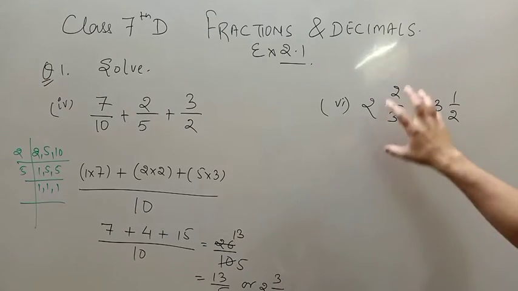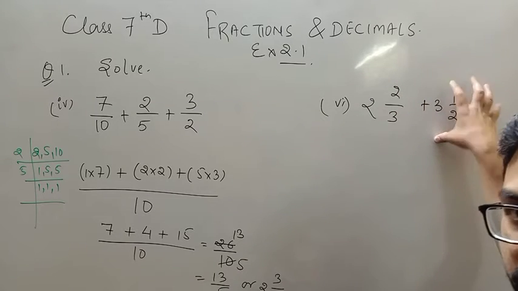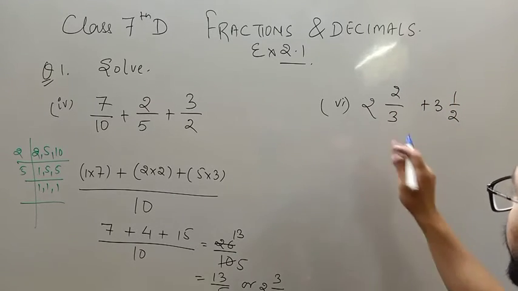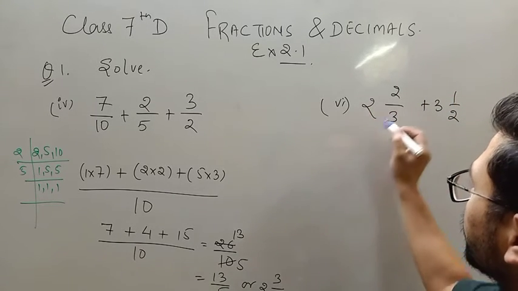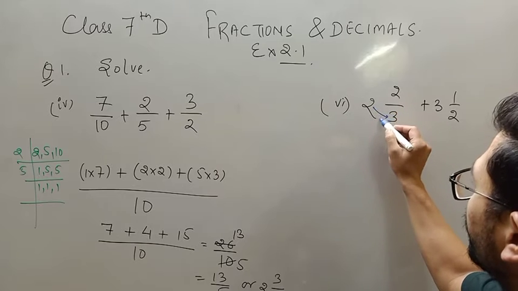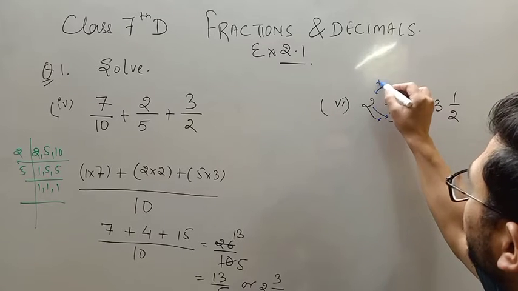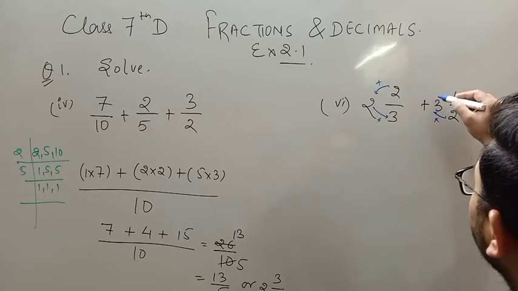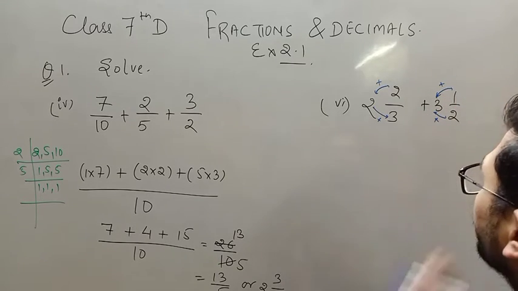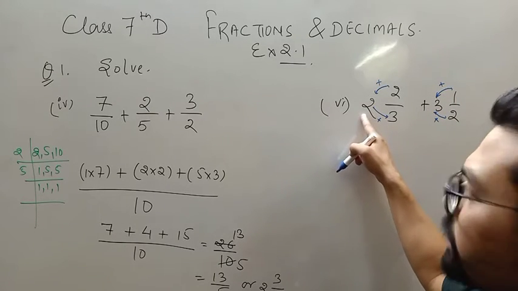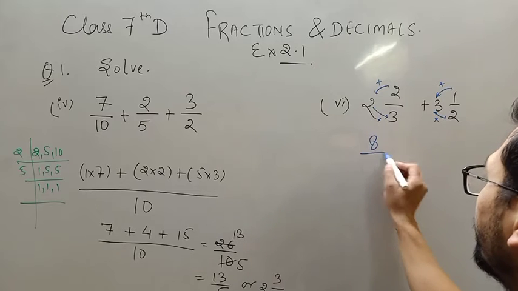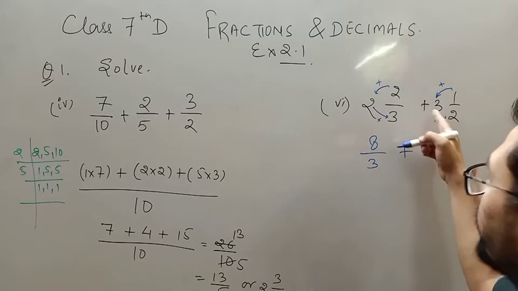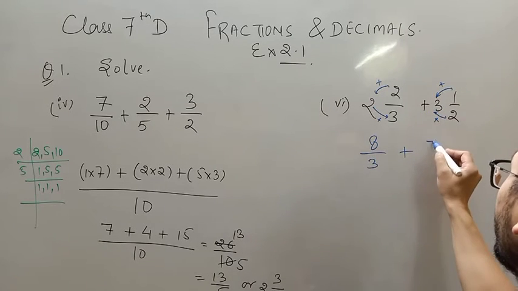When you add this mixed fraction with another mixed fraction, which is 3 1/2, then 3 2s are 6. First you multiply these two values, then you add the result with 2. Similarly, you multiply these two values, then the result is added with 1. 3 2s are 6, 6 plus 2, 8 divided by 3, plus 3 2s are 6 plus 1, 7 upon